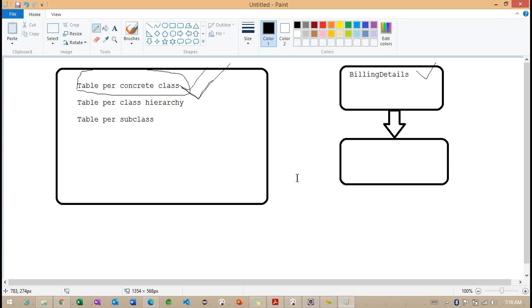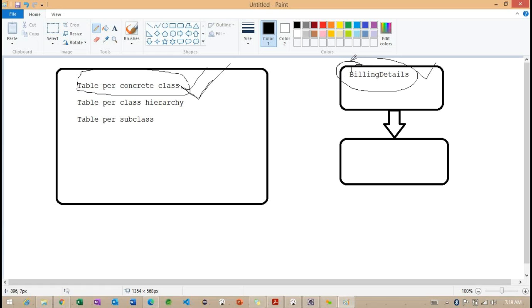For simple understanding, observe carefully, because as we discussed in the previous classes, we are working on a simple airlines application. In that airline application, if the user is trying to book a ticket, first they need to provide the billing details. Getting the point?